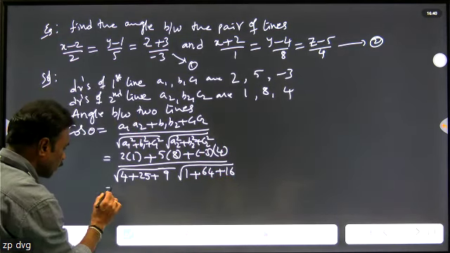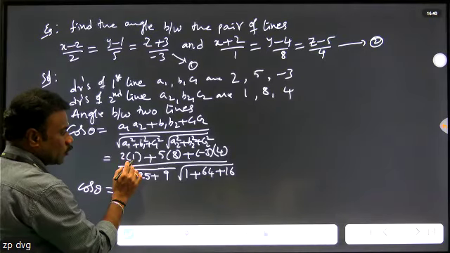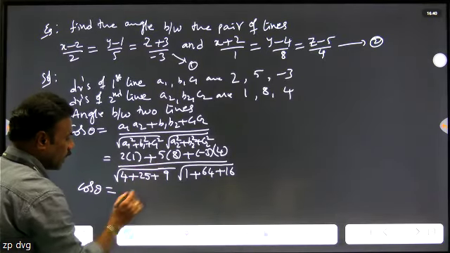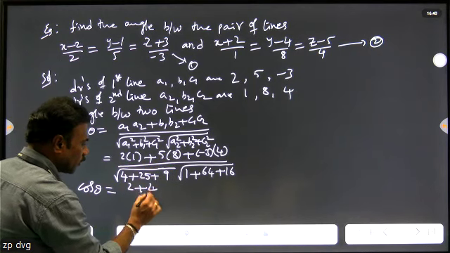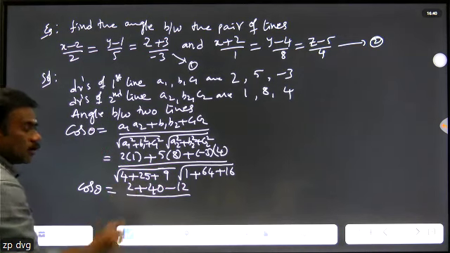So you will get cos theta is equal to 2 into 1 is 2 plus 8 into 5 is 40, 2 plus 40 minus 12 by